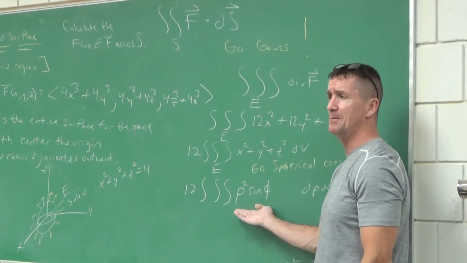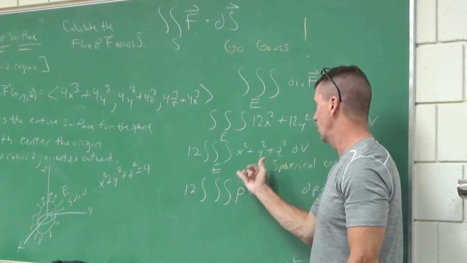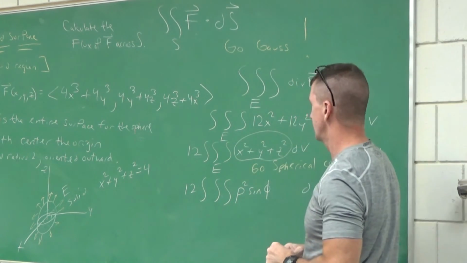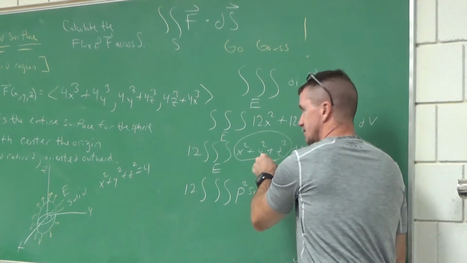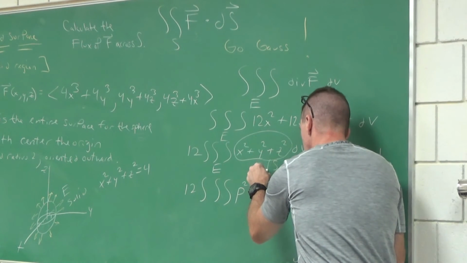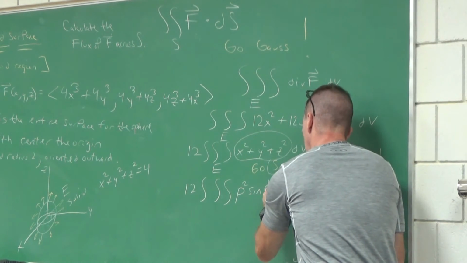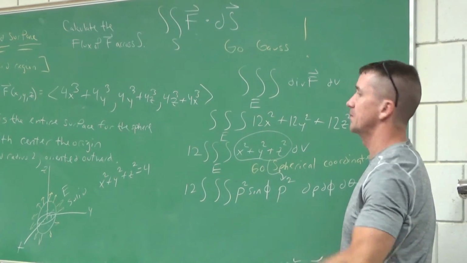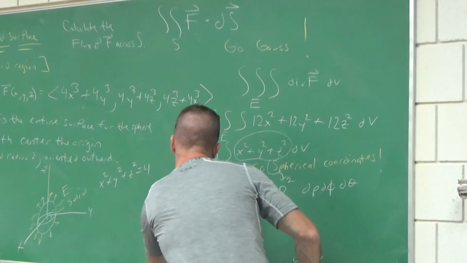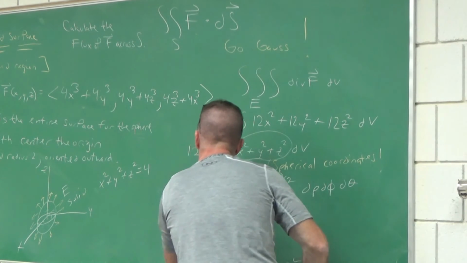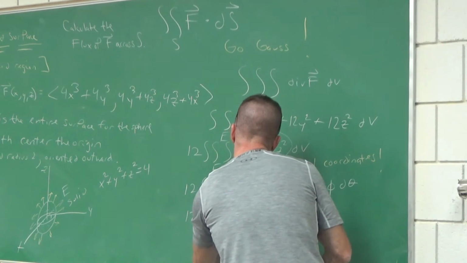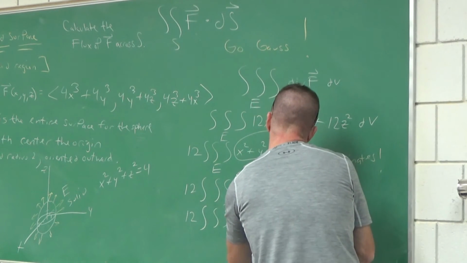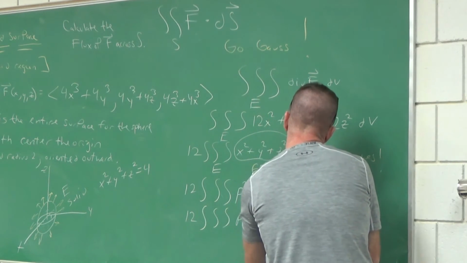But it makes the problem way better. What's this though? You might know? Right. That's rho squared. Outstanding. So I'm going to put that right here. This, right through here, is represented by rho squared. So let me rewrite all this. What do I have now? A 12. Now I'm going to set up all my limits. Rho to the what? 4th. Sine phi, d rho, d phi, d theta.